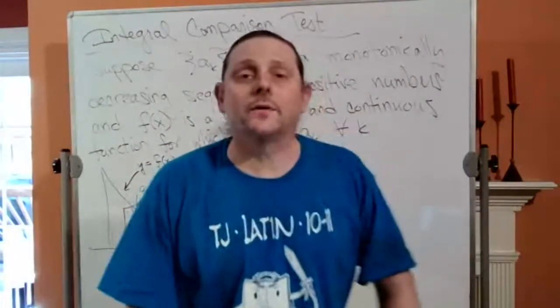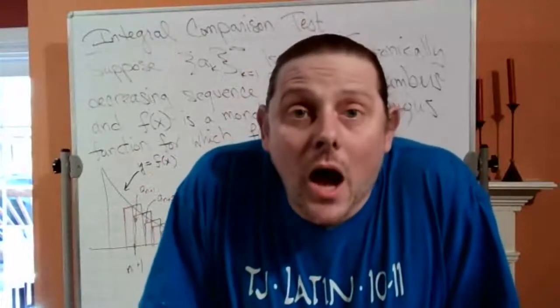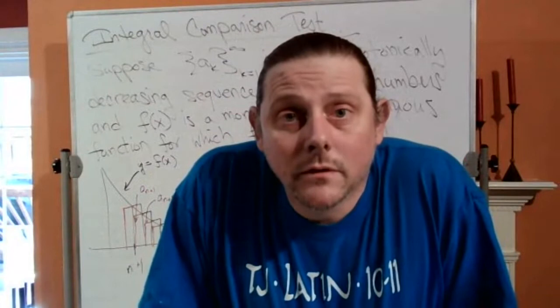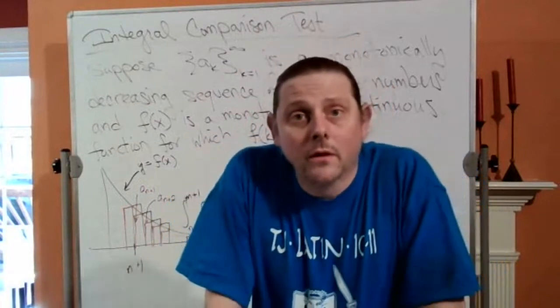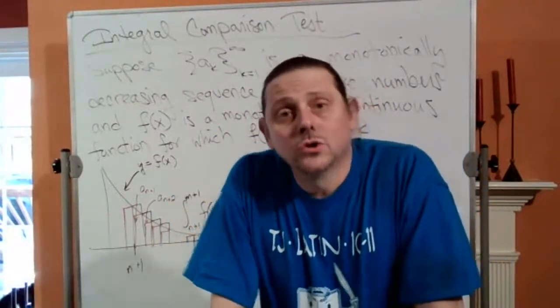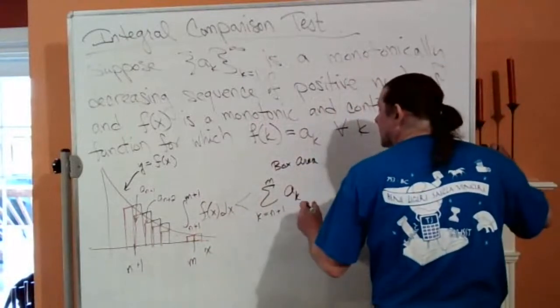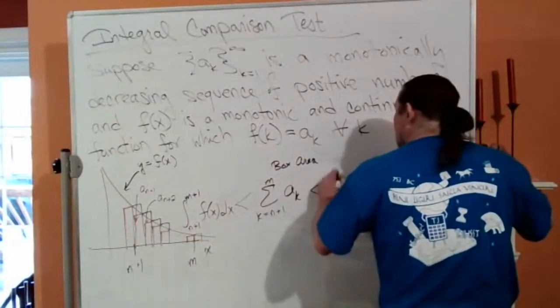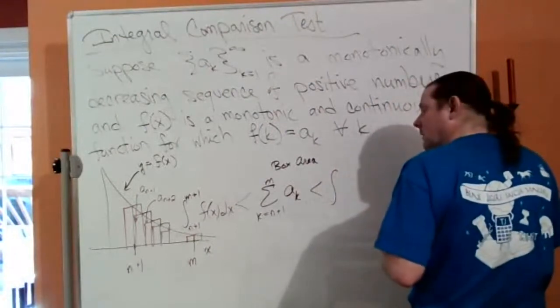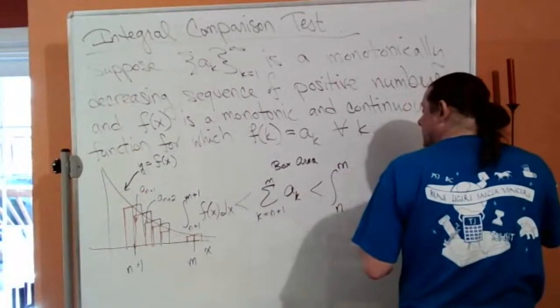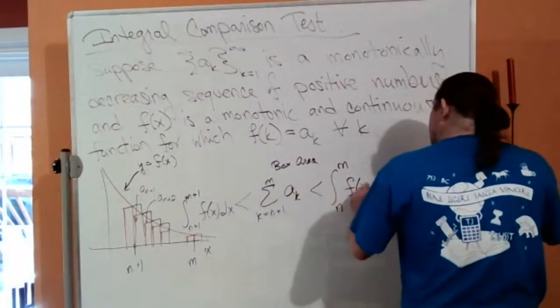We just moved them to the left. But now they're underneath the graph. They're underneath the function. So this same boxed area must be less than the integral from n to m of f of x